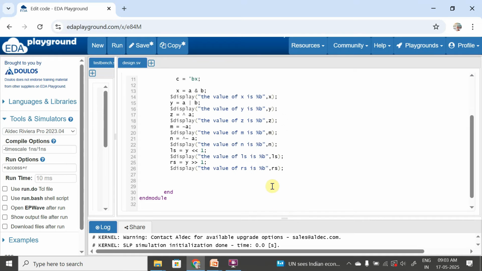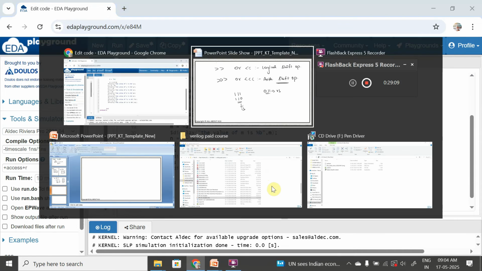So these are the left shift and right shift operations. The logical left shift and right shift are normal shifting operations. Now let us discuss arithmetic shift operations. Arithmetic shift operations will retain the MSB if the operand is a signed variable. Let's declare a variable, reg signed